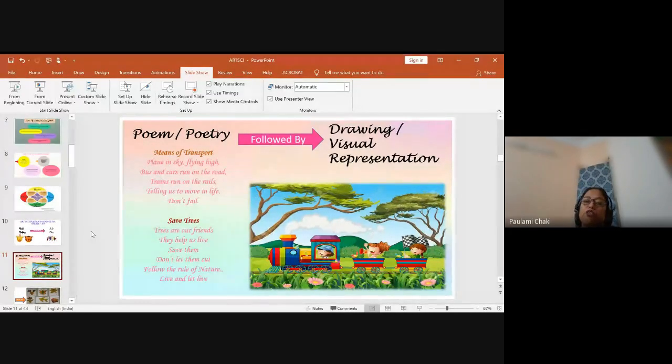Here, after writing the poem, because this is language arts which we are including, once they have come up with their poems, you ask them, okay, nice poems you have written, but if you could have represented it through a beautiful drawing, I would have loved it better. Just say this and see how nicely they will come up with different types of visual representations according to their poems.